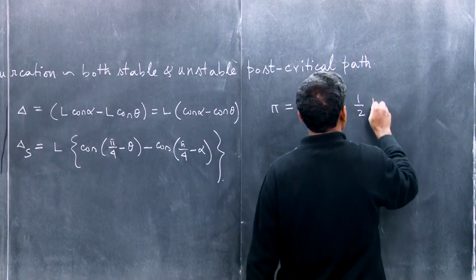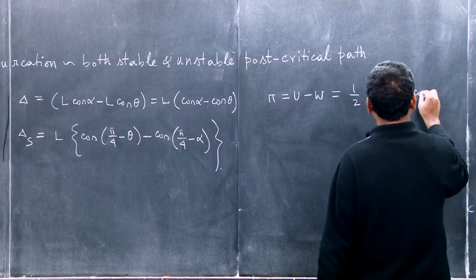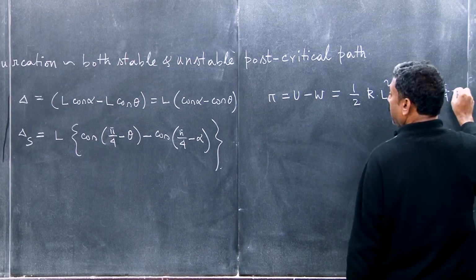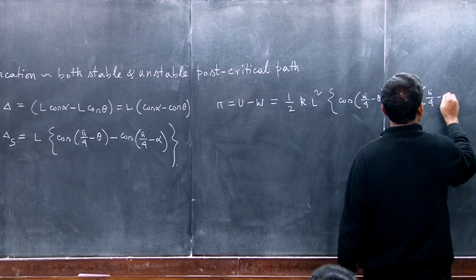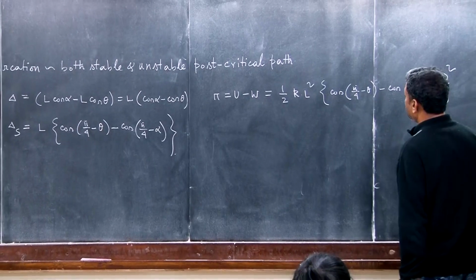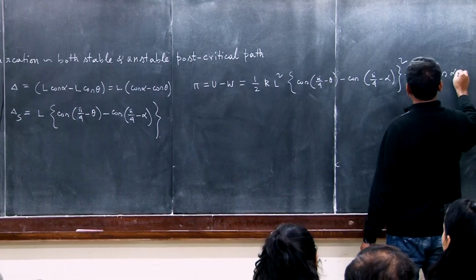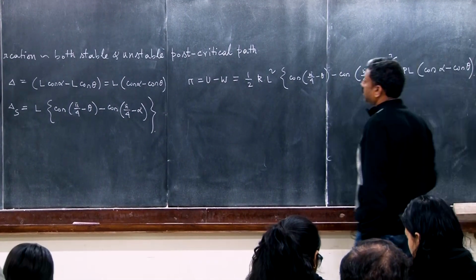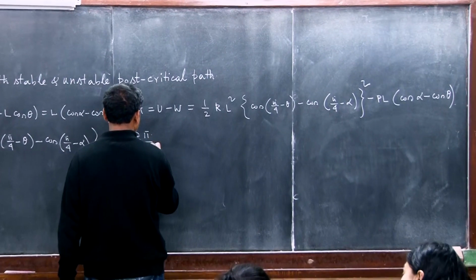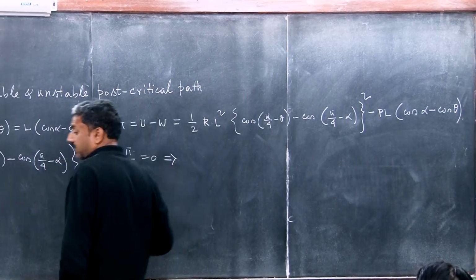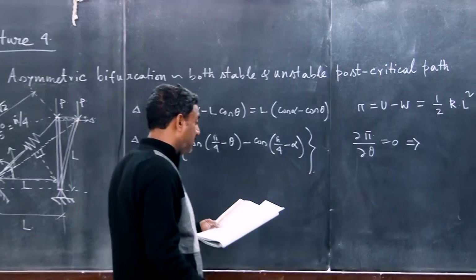So half k L square, cosine of pi by 4 minus theta minus cosine of pi by 4 minus alpha, squared, minus PL, cosine of alpha minus cosine of theta. So let us differentiate phi with respect to theta equal to 0. Differentiating, I will just write the simplified expression. So del phi del theta will be